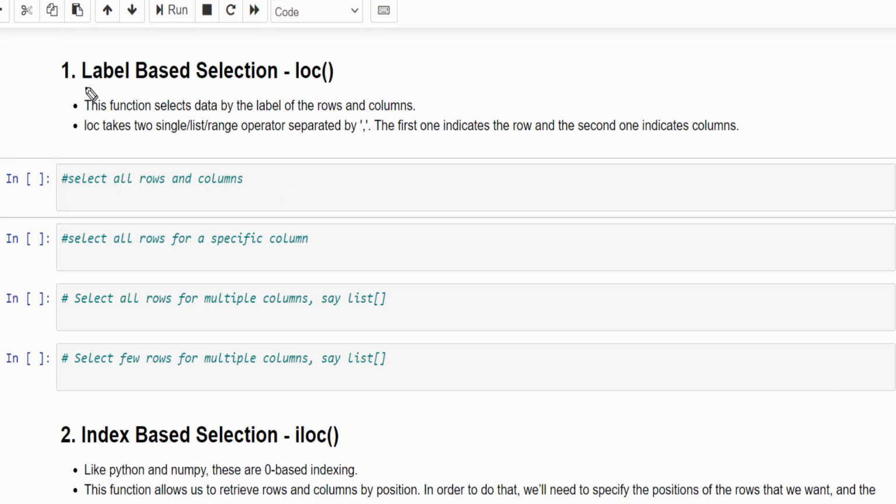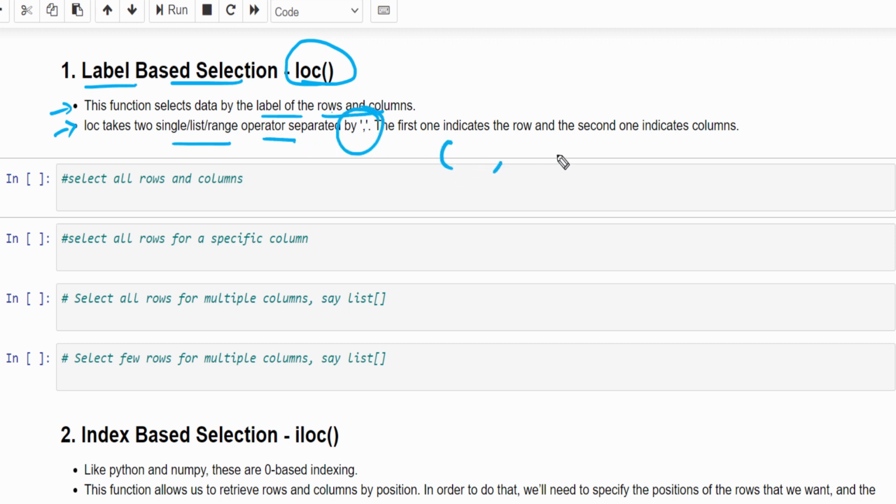Now we will learn label based selection, which is also called the loc method, and this function selects the data by label of rows and columns. That's the first point to remember. The second point, it takes a single value, list or range of operators separated by a comma.